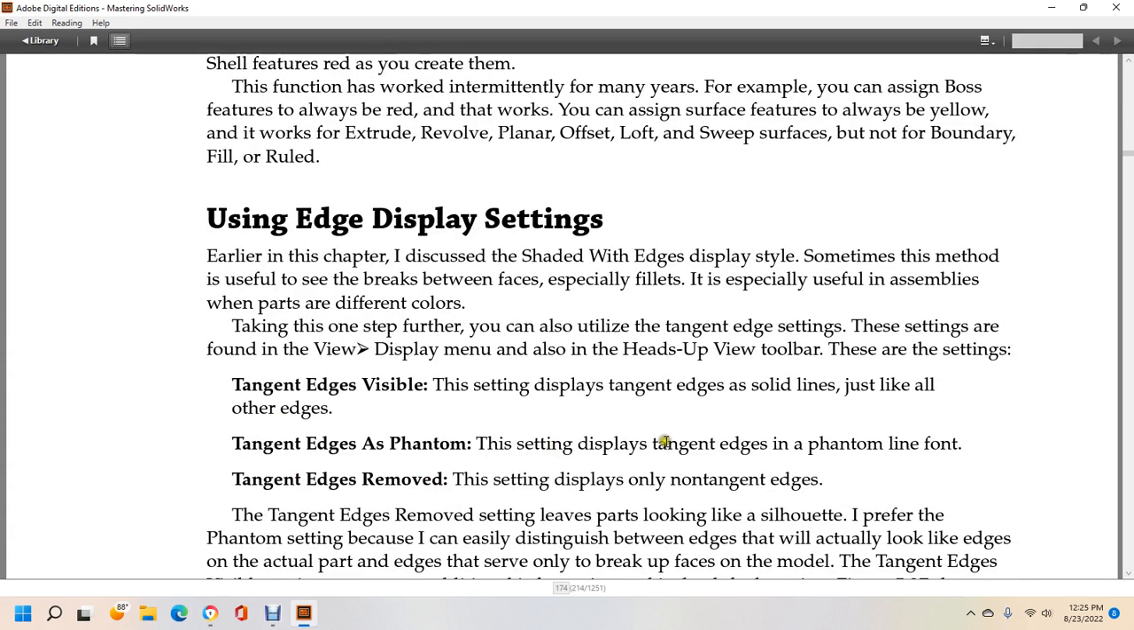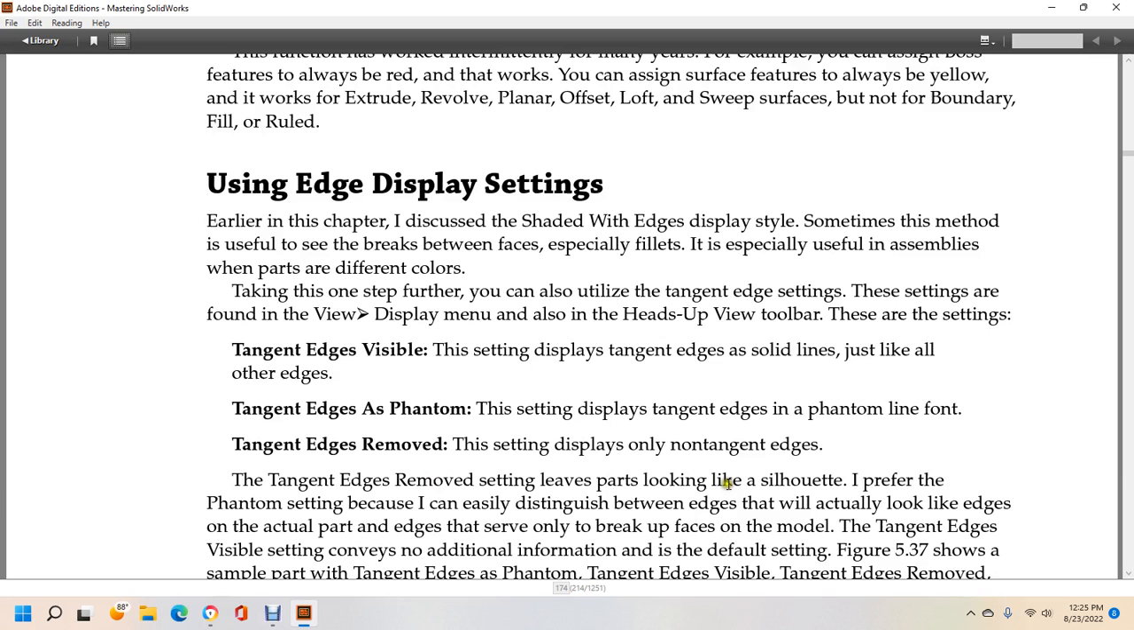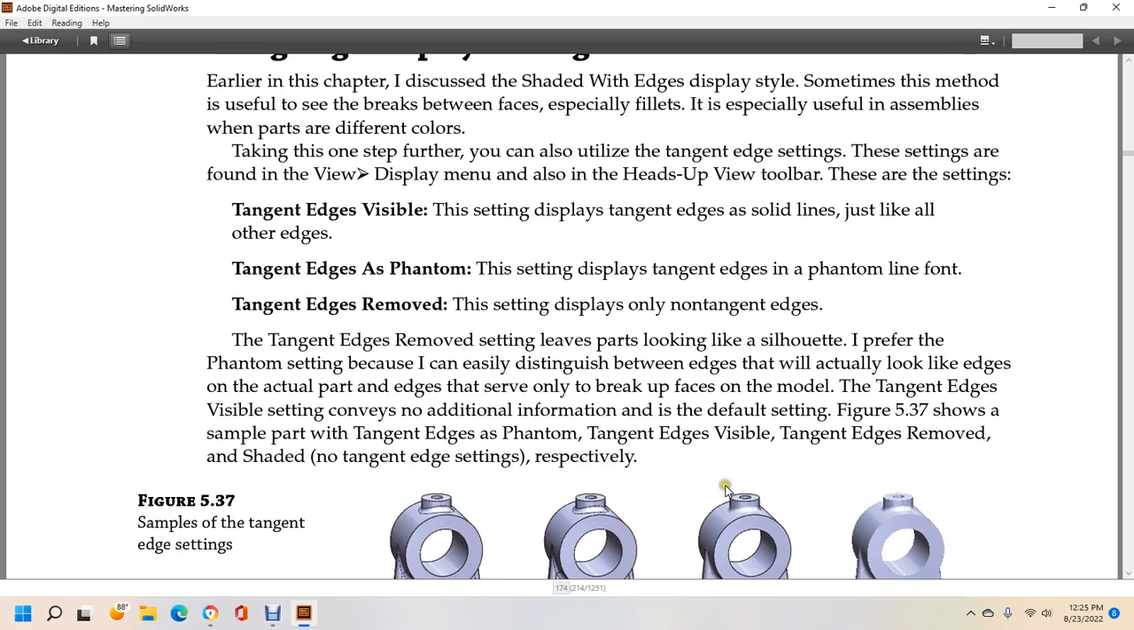Tangent edges as phantom setting displays tangent edges in a phantom line font. Tangent edges removed setting displays only the non-tangent edges. Tangent edges removed leaves the part looking like a silhouette. I prefer the phantom setting because it easily distinguishes between edges that actually look like edges on an actual part